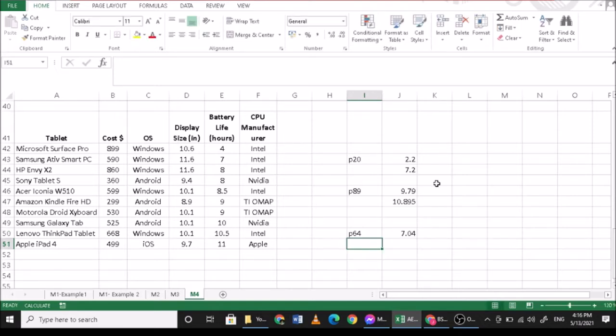So that's 7.04. So 64% of your battery life is less than 10 hours, at least for this given example. And again, if you want to be exact, you can have this equal to